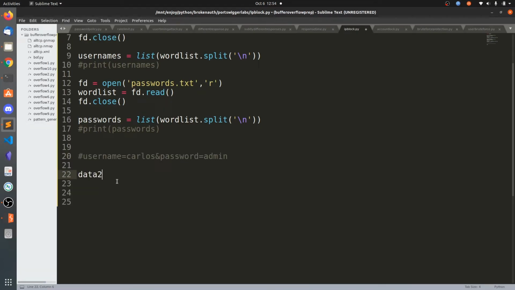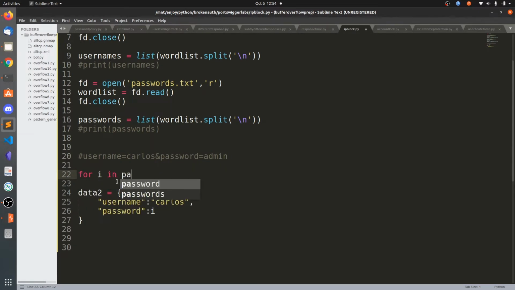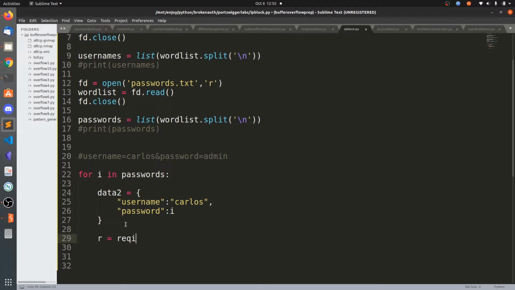Let's create data2 equal to username, that is Carlos, and the password is going to be varied, let's say i. So how to brute force this? For i in passwords, we are sending this one. So r equals requests.post of URL comma.